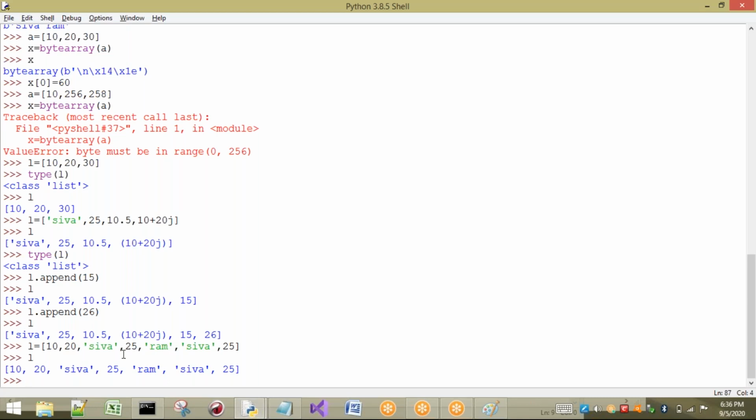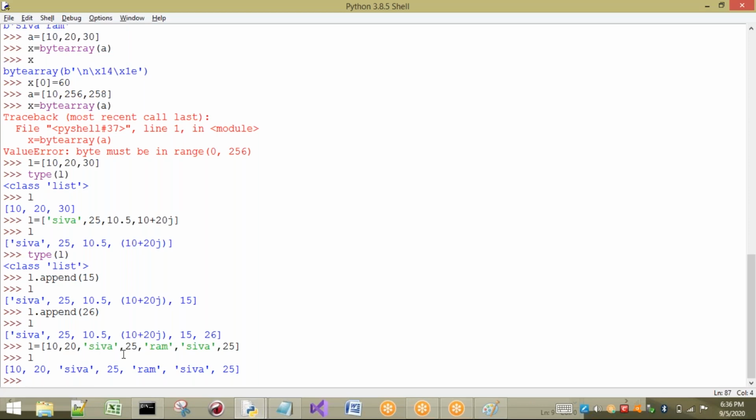If you are having this type of data, then better go for list. Sir, I have the data only, I don't want duplicates, sir, then don't come for this list, go for some other data type, we will see it later. Where you need some data to be stored which is of different types, that is heterogeneous data, then better come for this list data type. And whatever order you want to insert, in the same order it has to be stored. So list is having that property.